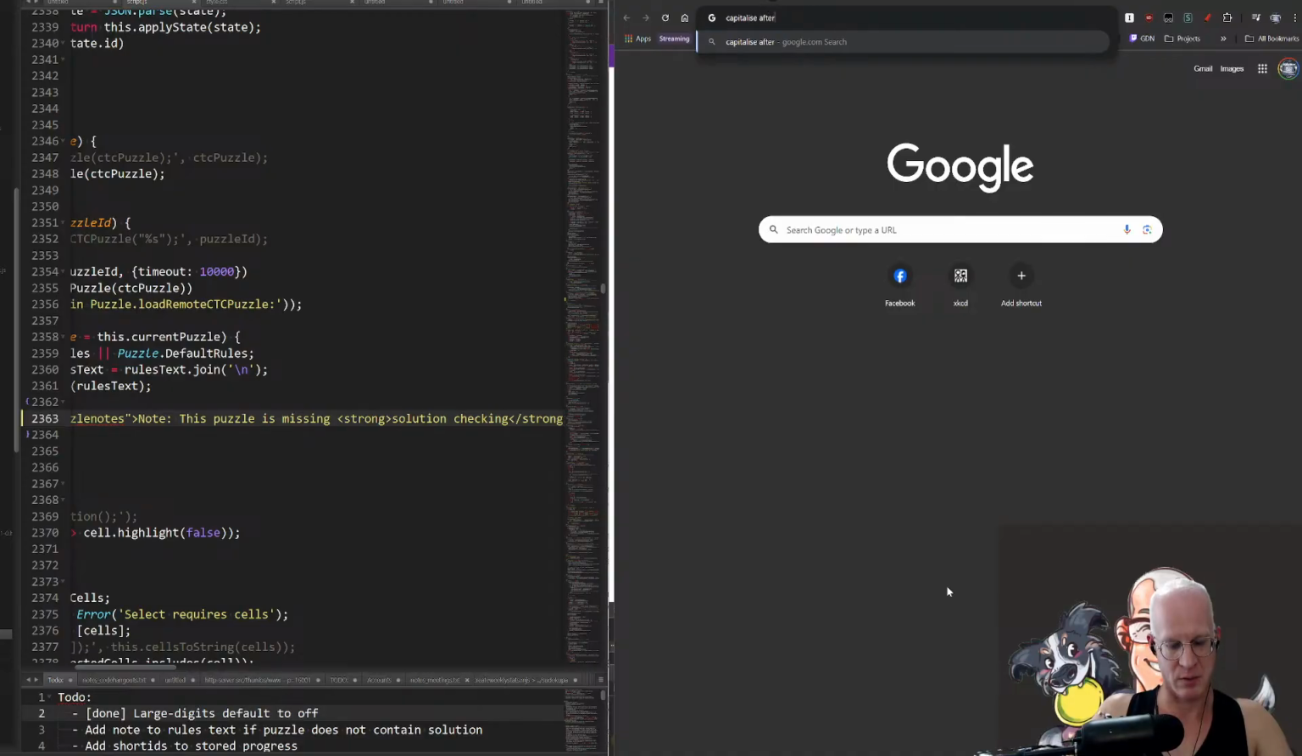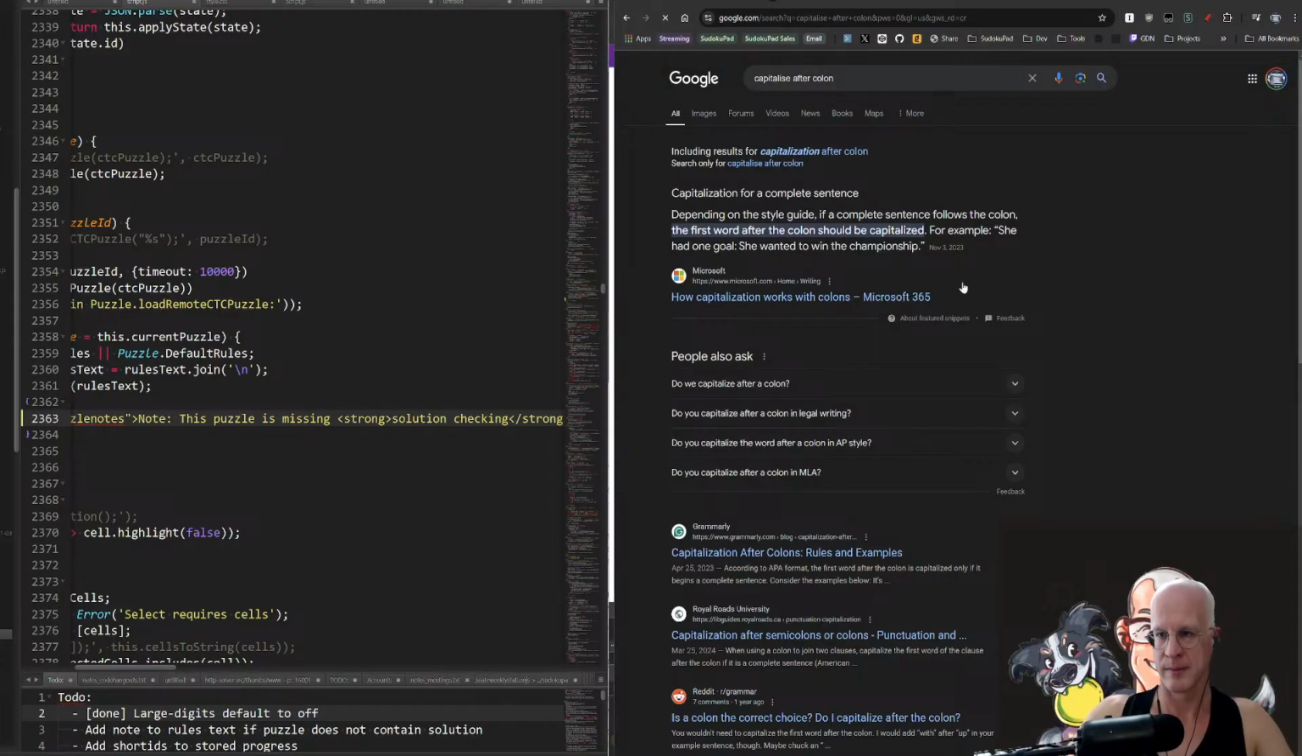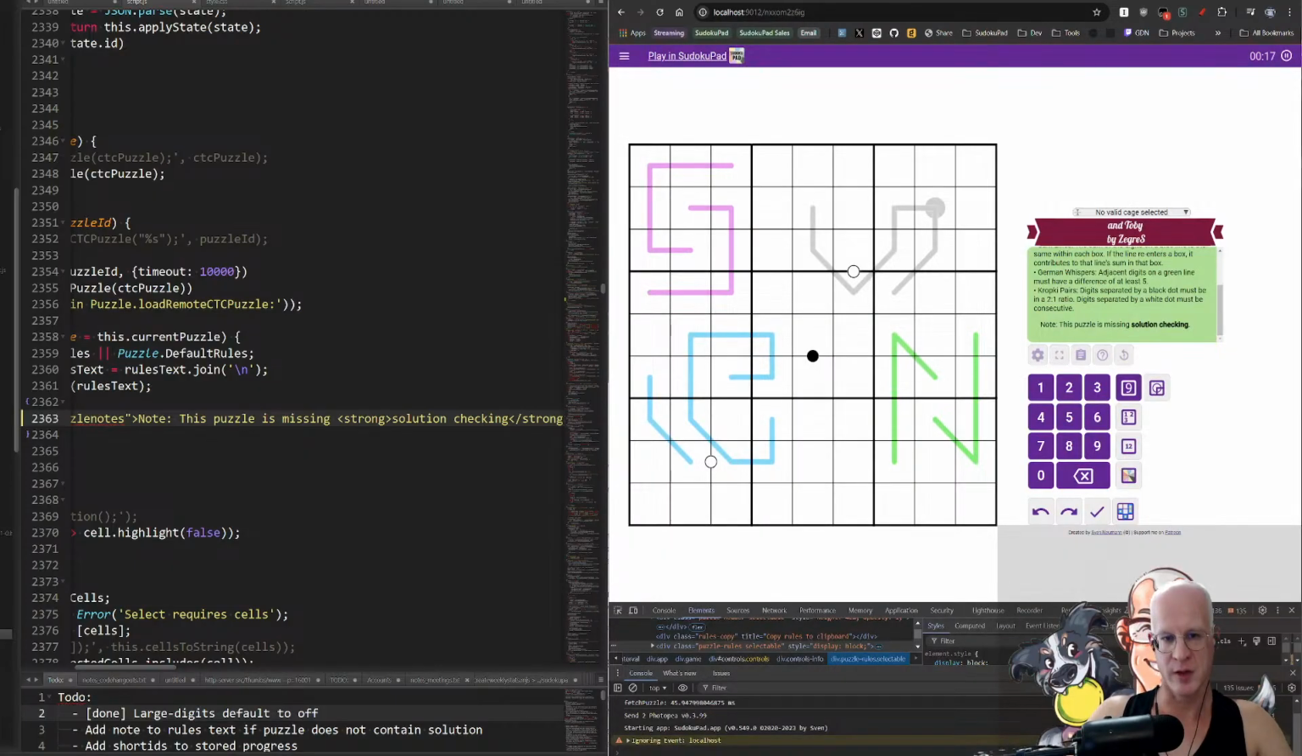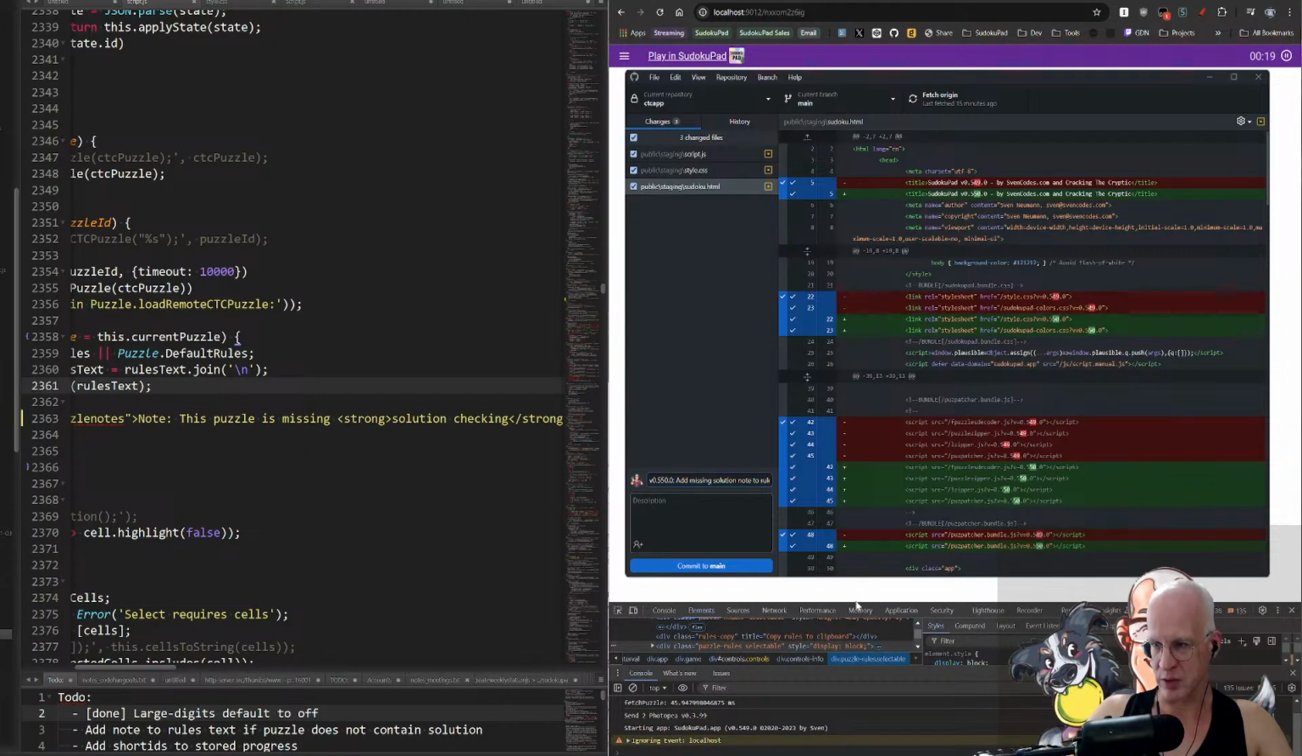Capitalize after colon. If a complete sentence follows the colon, the first word after the colon should be capitalized. All right, fair enough. Explains why it looked weird to me. Add missing solution note to rules. All right. I think that's